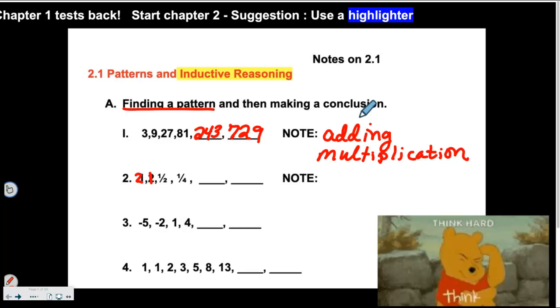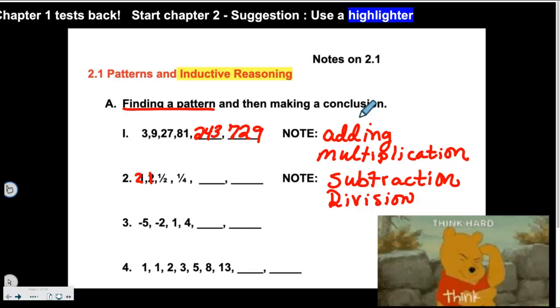So the numbers are going down in value from 2 to 1, then to a half, and then to a fourth. When this happens, generally we're looking for some subtraction that's happening consistently, or division. And I say generally, not all the time. All right? So when I look from left to right and I ask myself, am I subtracting something consistently? The answer would be no. Am I dividing by something consistently?